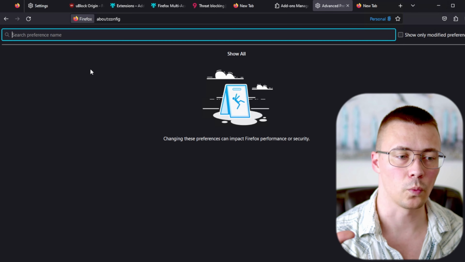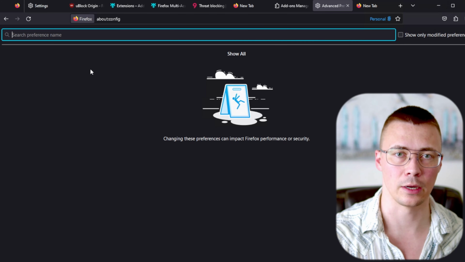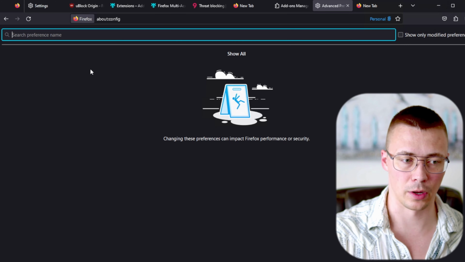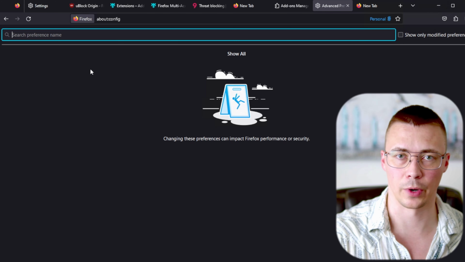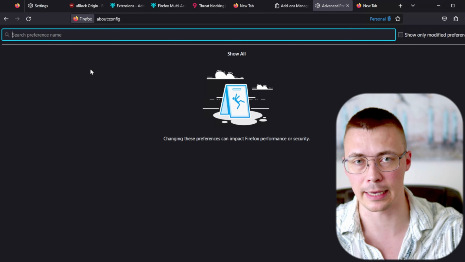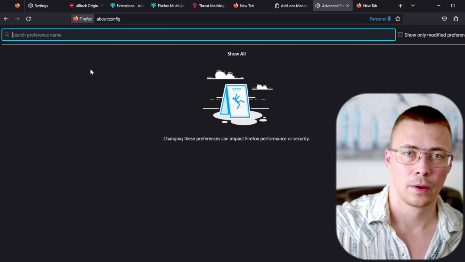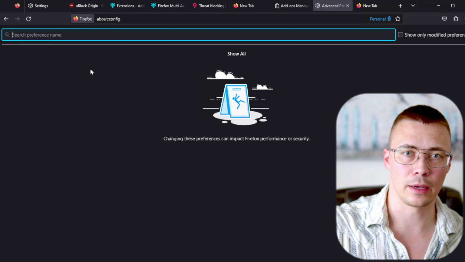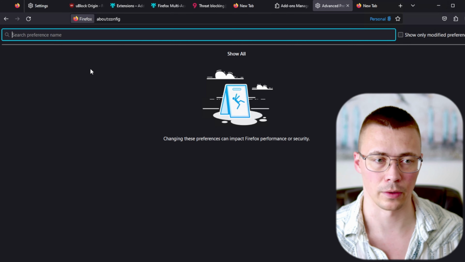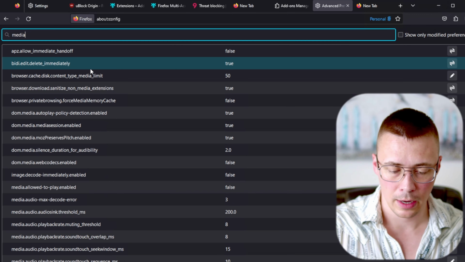But with the WebRTC leak, if you use a VPN and you don't have WebRTC turned off, let's say you're going to a website, because of this protocol turned on and the way that it's configured, it can leak your real IP address. So if you don't want your real IP address leaked, let's say you're visiting a website that you're trying to hide that you're visiting, but WebRTC leaks your real IP, that can obviously be an issue. This would be more of an issue for journalists or people that need to avoid this kind of tracking. So to disable it, type in